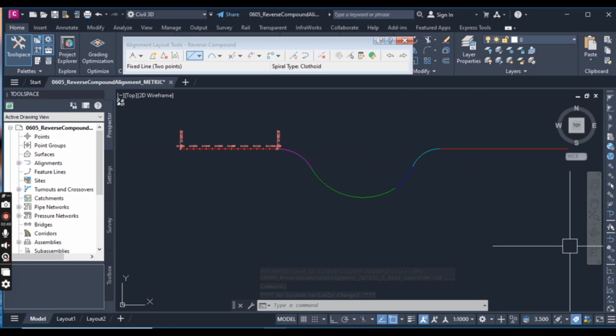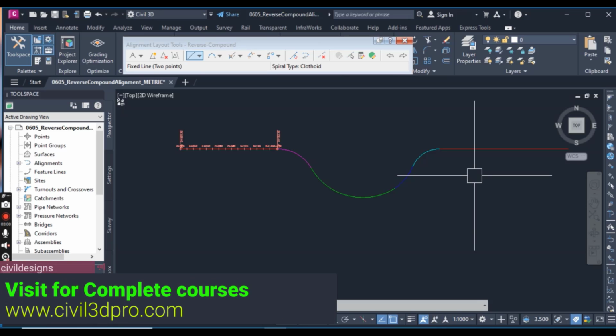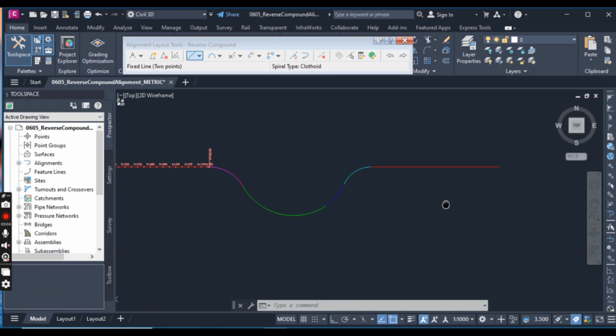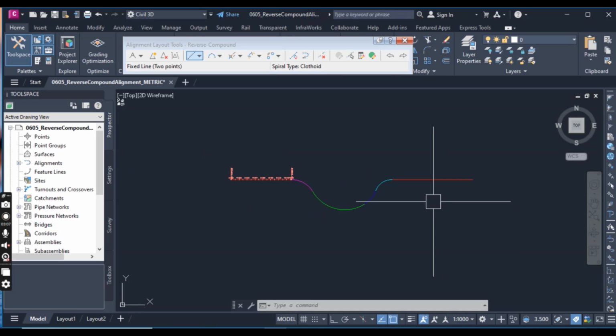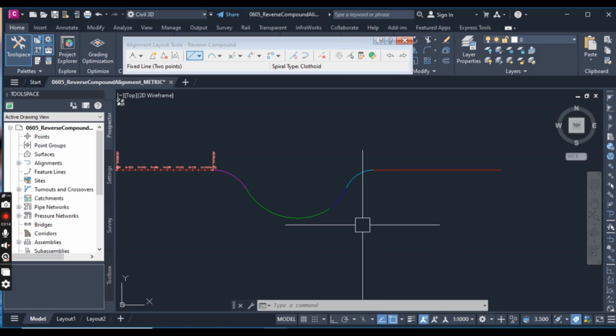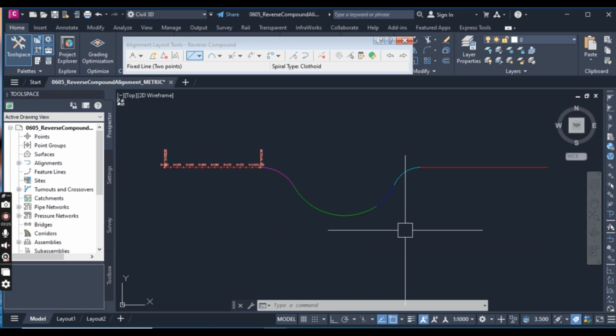You will notice that the second segment here will not have any labels applied to it, since it is not connected to the first segment created. So we will connect this segment using the floating curves command with reverse and compound. Don't skip any step, otherwise you won't know how to create and connect these tangents using these arcs. So use the floating curves